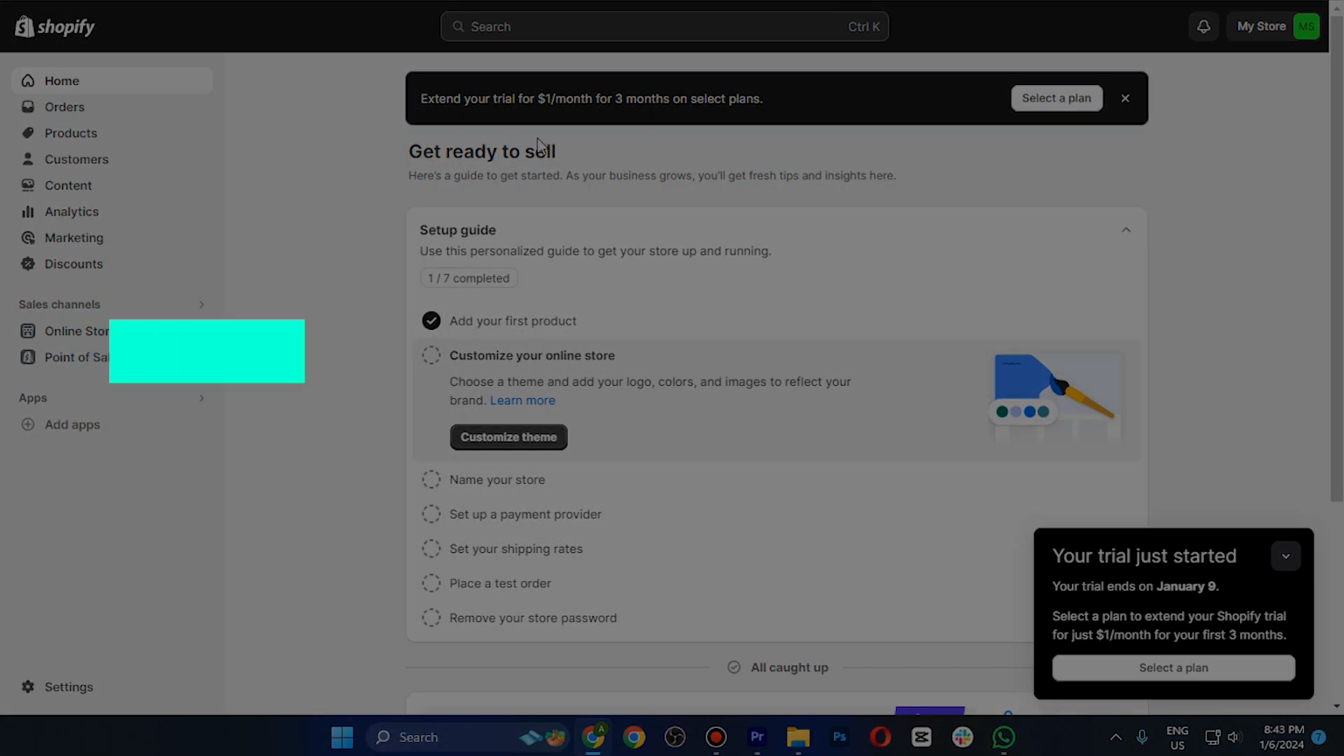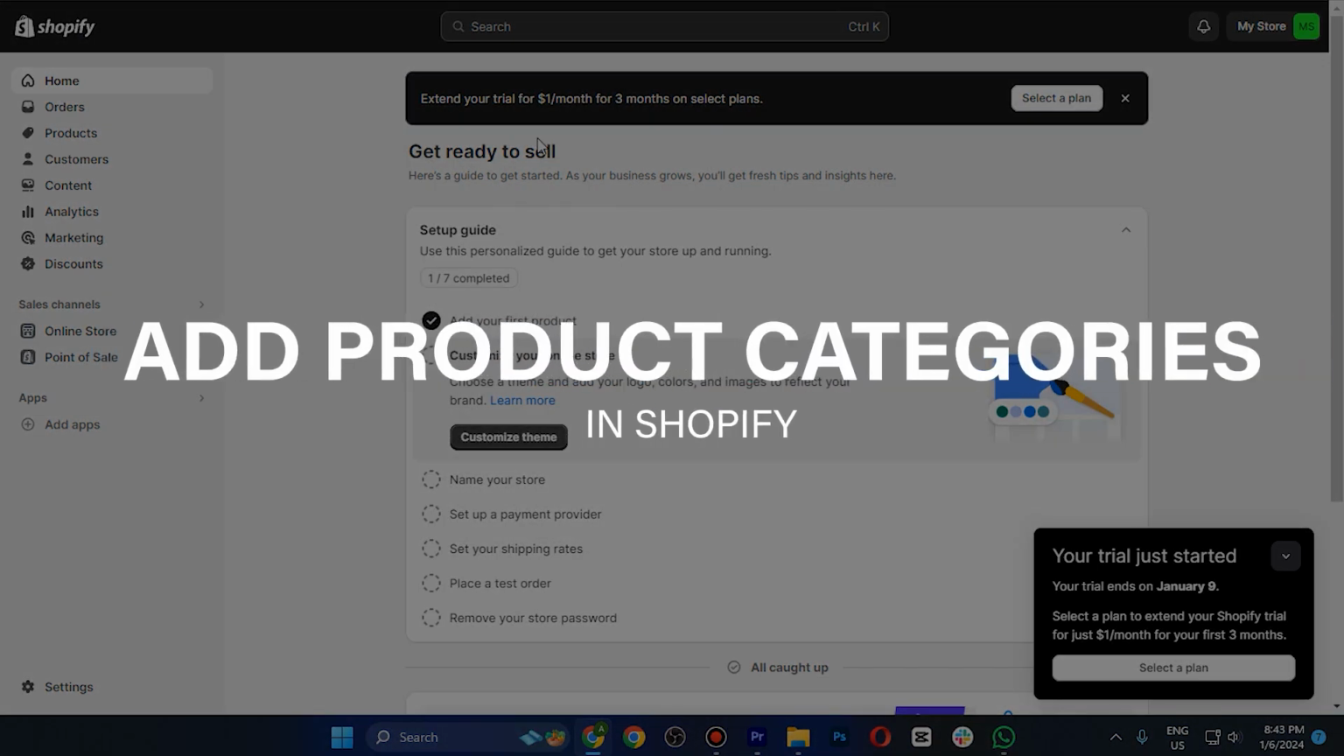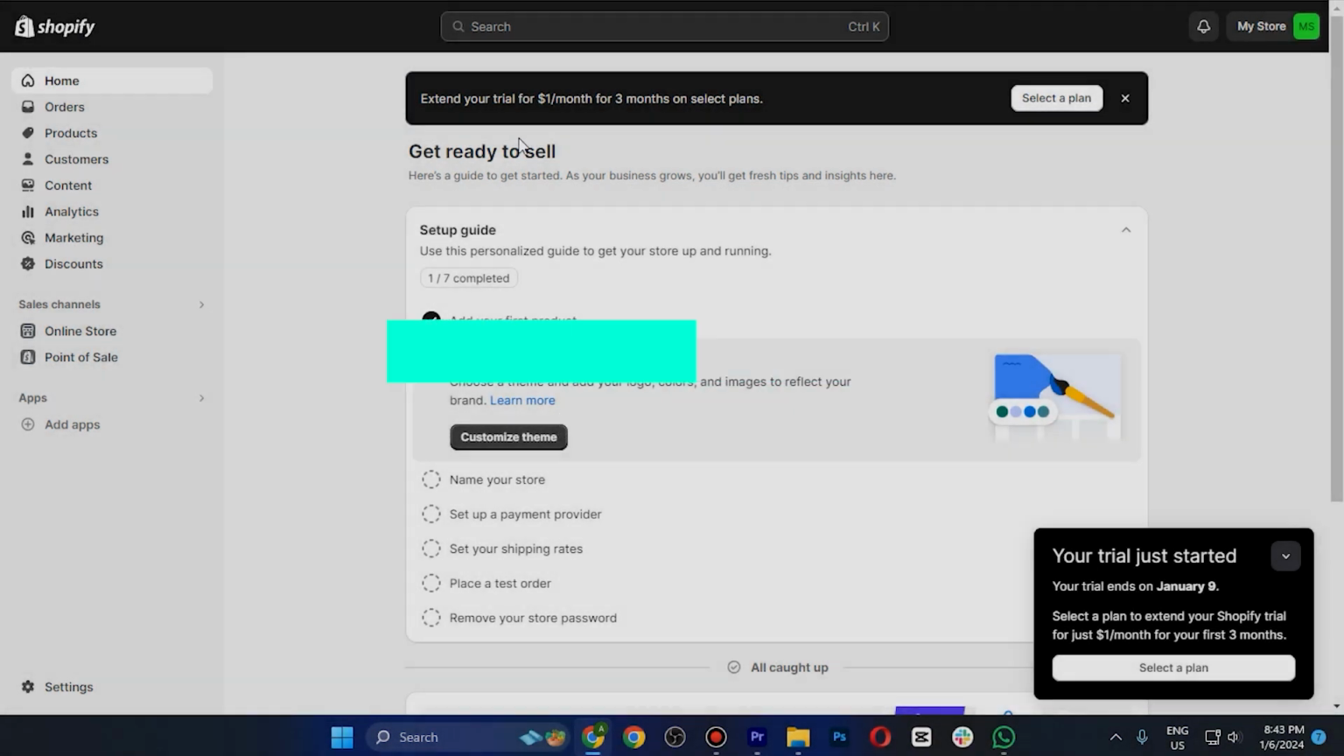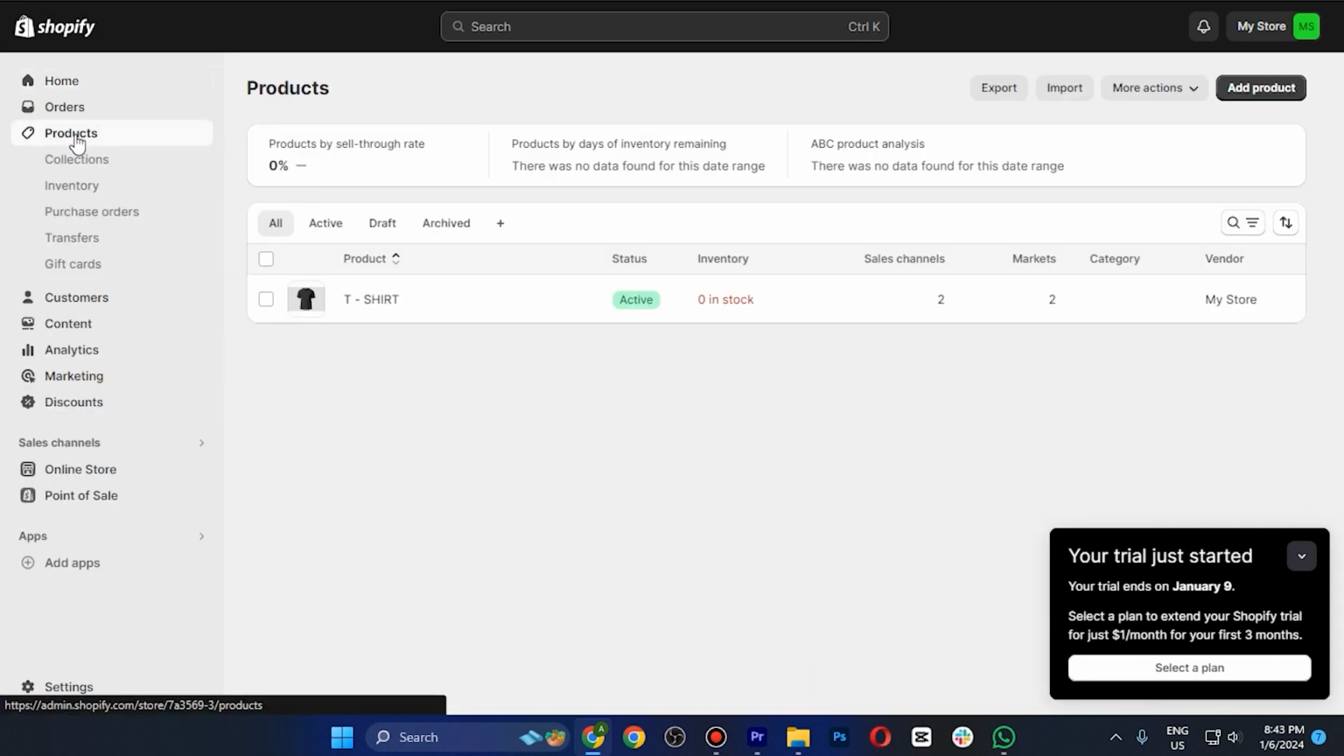How to add product categories in Shopify store. So let's start by going in our products first of all. And if you haven't added your product right now, you can add it by tapping on the add product on